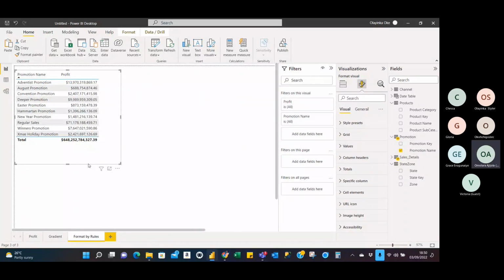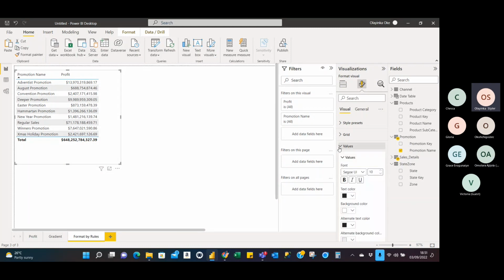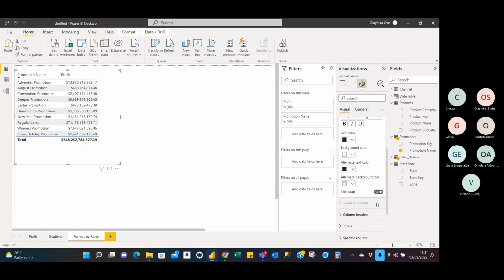We have grids, we have rows and columns. What is the thing we are trying to format? What we're trying to format is the values, and that is what sort of represents bars in this case. So you will go to values. And then in values